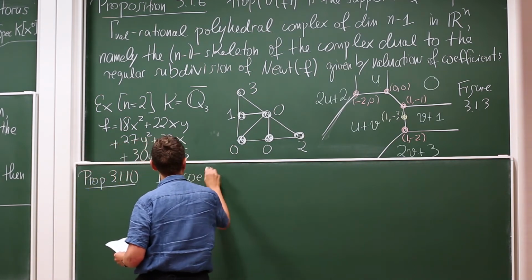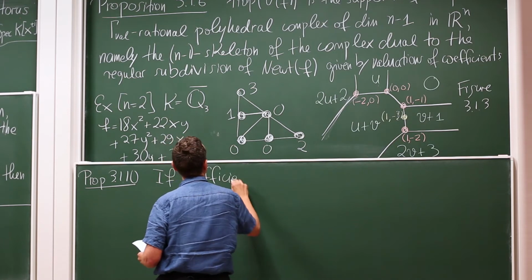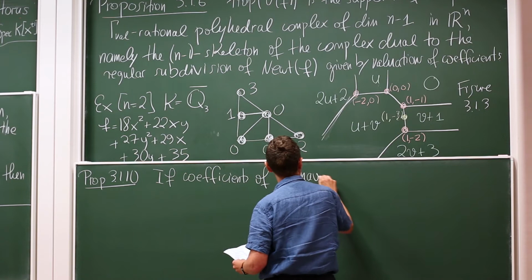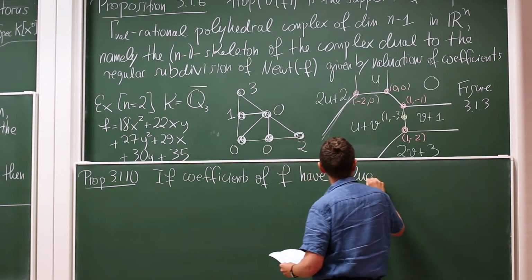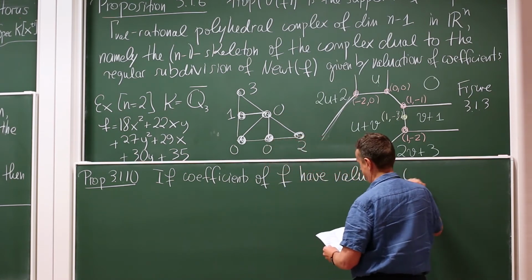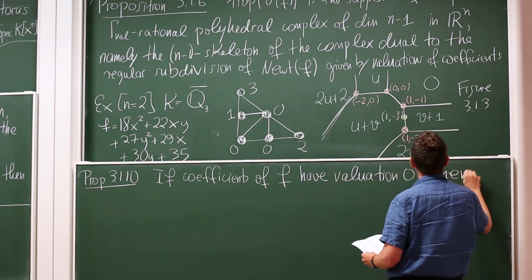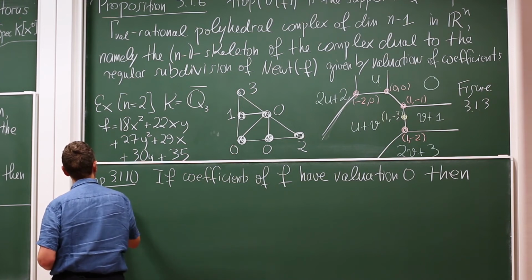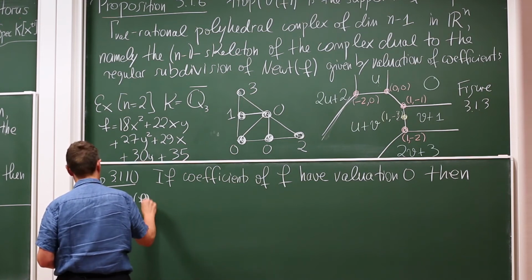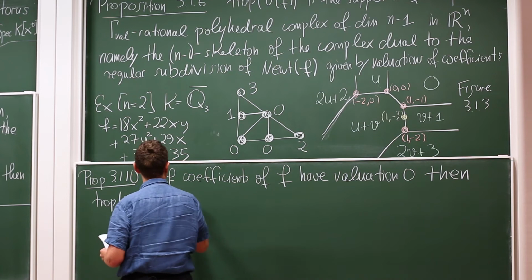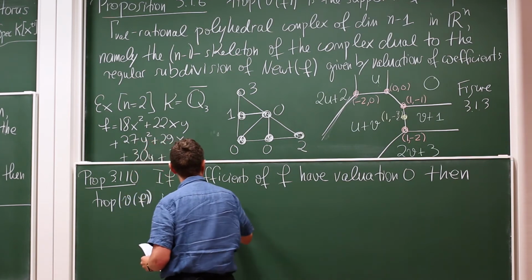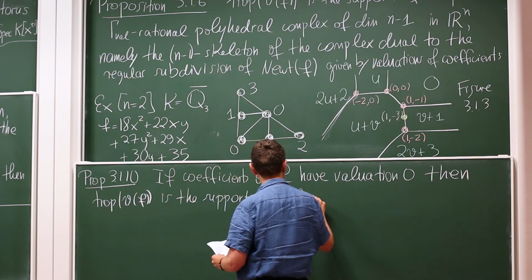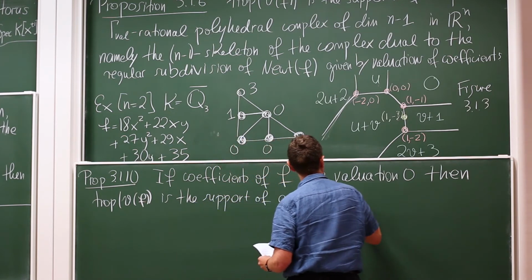So if the coefficients of the given polynomial all have valuation 0, then the hypersurface constructed in this manner will be the support of a fan in R^n,